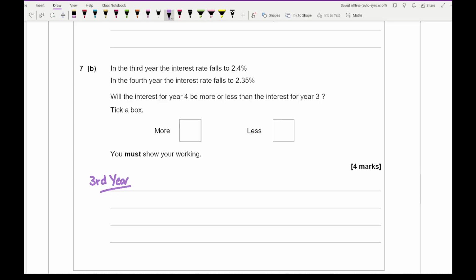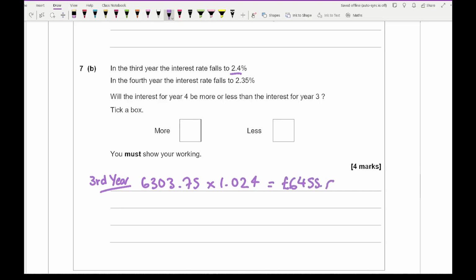So for the third year, the starting amount in that third year is going to be, after the second year I should say, 6303.75, and so I'm then going to multiply that by the 2.4% increase. So even though it says it falls, it's only because it's gone from 2.5% to 2.4%. So that's going to be 1.024, and if I type that into my calculator, I get an answer of